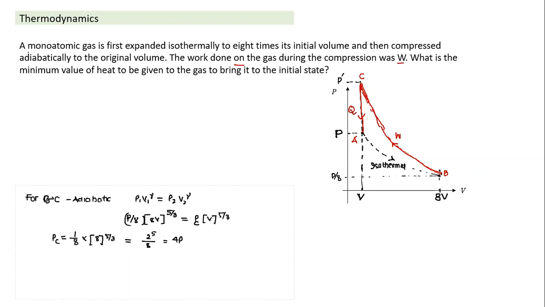So sometimes the question will also come, if we compress it to the original volume, what will be the pressure here? The pressure is 4P. So we arrived at the pressure also. Now we need to calculate this work done, W here. Now can you write this expression for W here? So how do I write this value of W? This is work done. And when we carry out our process C to A, what will be dQ? How would I calculate delta Q for the CA process?